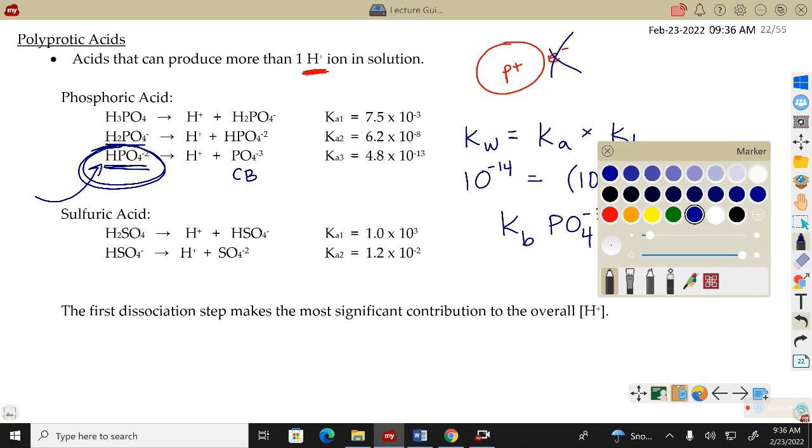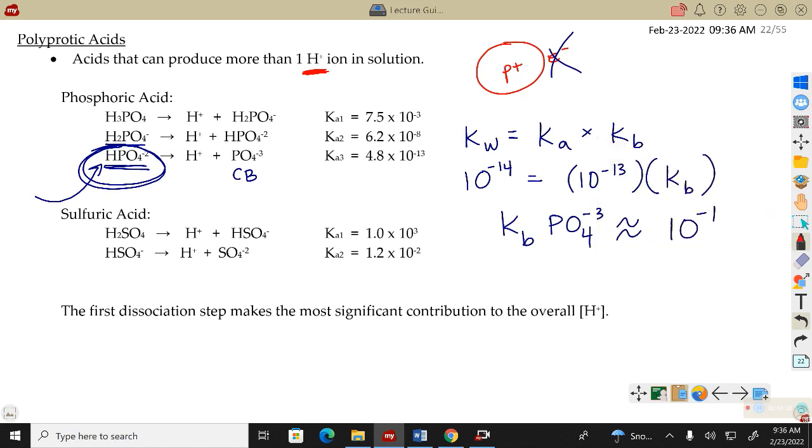Another example of a polyprotic acid, a very common polyprotic acid, is sulfuric acid, or sometimes we might call this one diprotic, meaning that there are 2 protons or 2 hydrogen ions that can be produced in solution. And again, they each have their own Ka value. They don't just puke out into the solution at once. They come off one at a time. But now compare these K